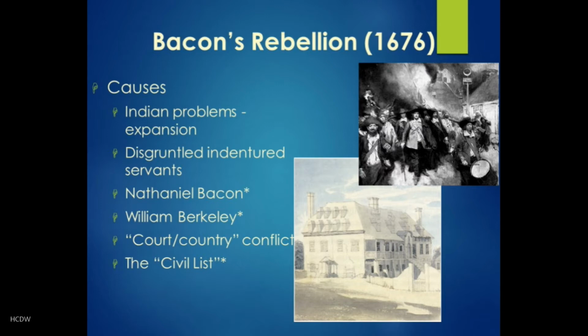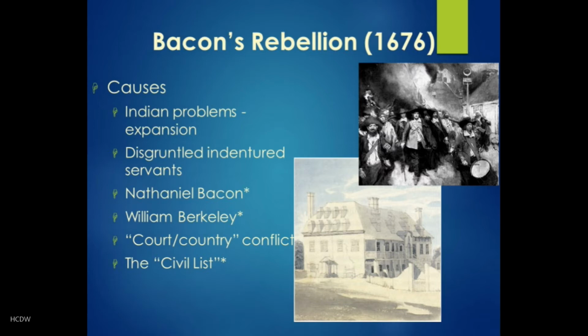So, they arrive, they now have to work for someone else, and even after serving their time, many of them find that there's no land for them. They're kind of left without upward opportunity. One scholar has described this growing group well. They were poor, indebted, discontented, and armed. And that is a volatile combination.